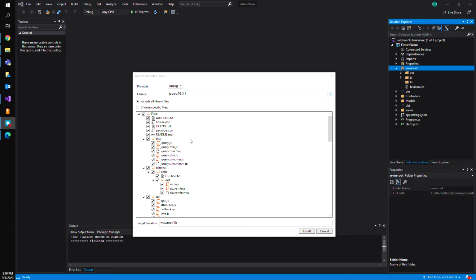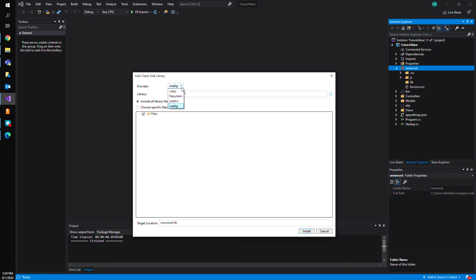Okay, I see what I did wrong here. I accidentally left the wrong one in the drop-down, so that was my fault. I'm sorry about that. I'm going to go to CDNJS, and then when I type in jQuery, it'll give me the jQuery library that I can then install. These are all of the jQuery files that I want to install. I want to install them here, and then I should be able to put /jQuery, click install,